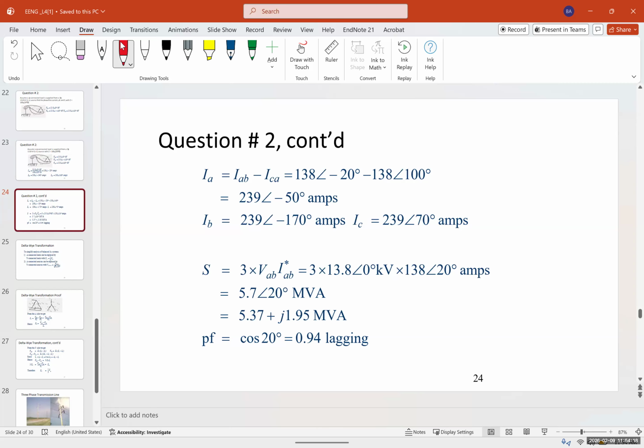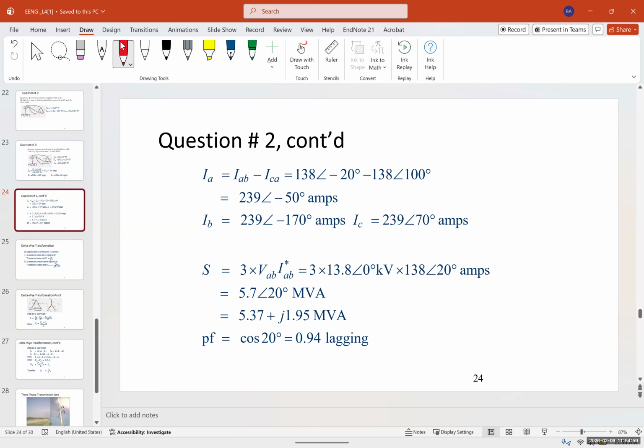Now, to calculate the phase current, we can subtract two of the line currents. It could be any two. Or in other words, we can use the equation square root of 3 times the line current, with an angle of negative 30 degrees added to that. If we calculate that, the current would be 239 with an angle of negative 50,